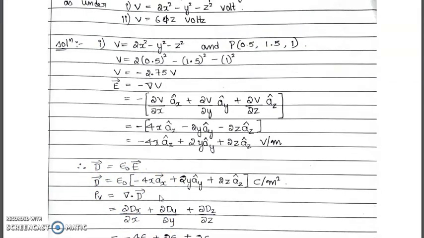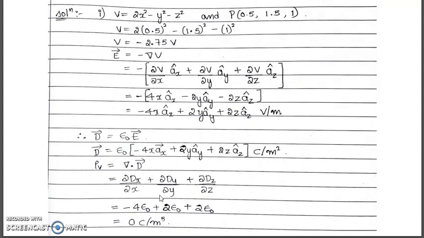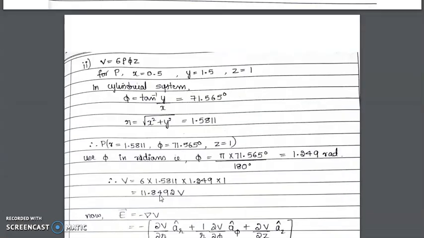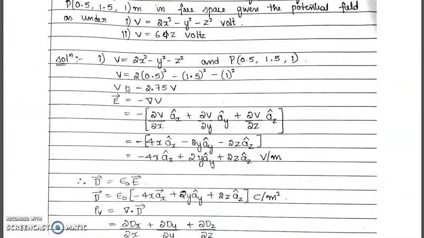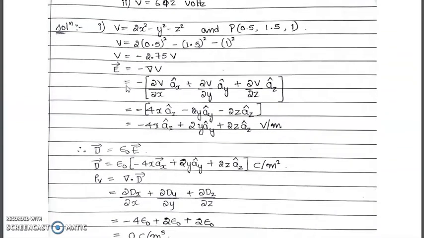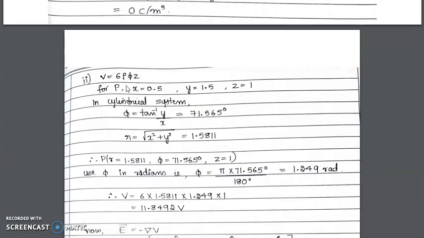V is equal to, when V is equal to 6 rho phi z volts. So to find, same way we have to proceed. To find, first we will find, so here it should be 6 rho phi z, not 6 phi z. So the given equation is 6 rho phi z, because this is in which coordinate system now? Rho phi z means it is in